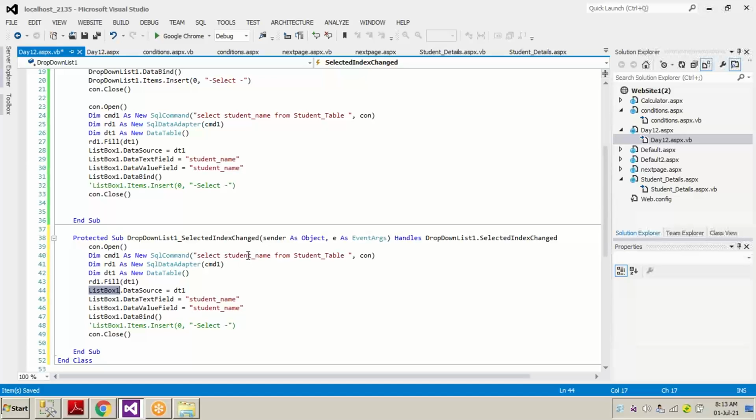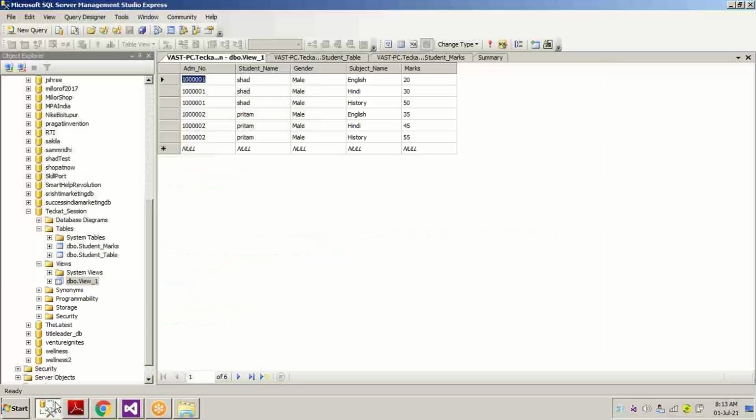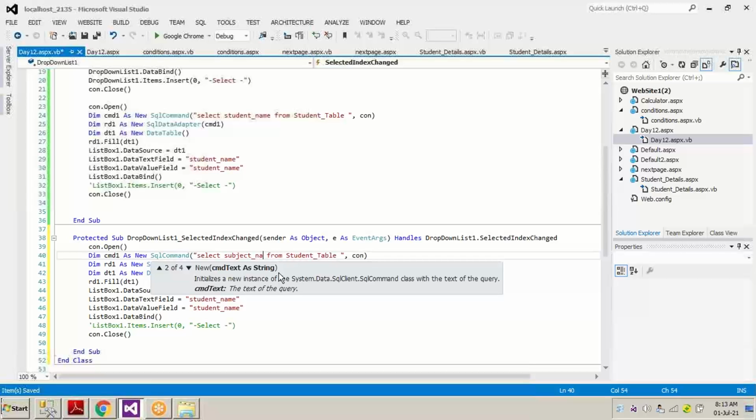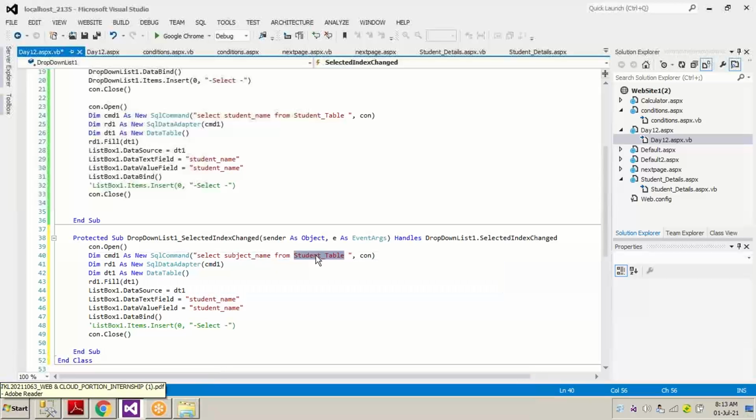So here we write select, not student name, we will be selecting subject name from view 1. Is it the right spelling?